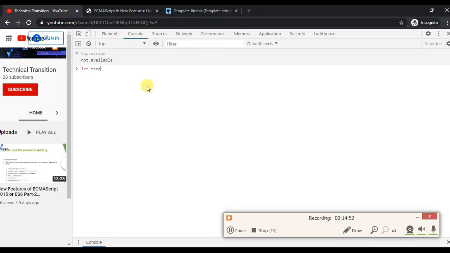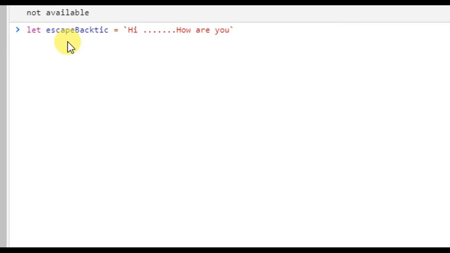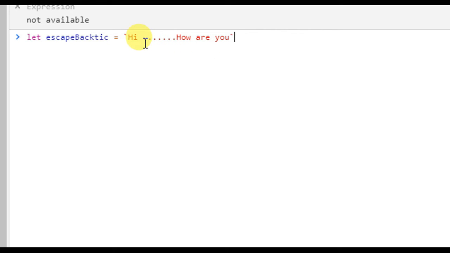Let escapeBacktick equal to, I am writing here, hi, how are you, but I want to give a name here. Let me zoom it. Here, hi, how are you?